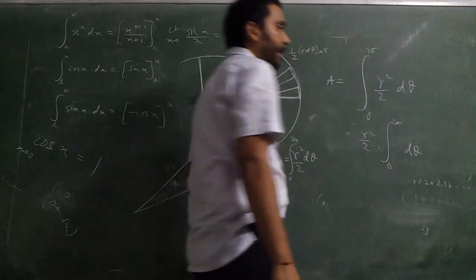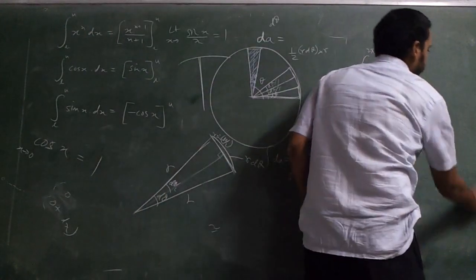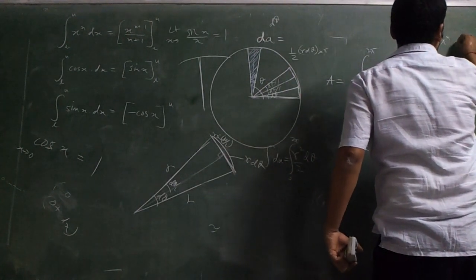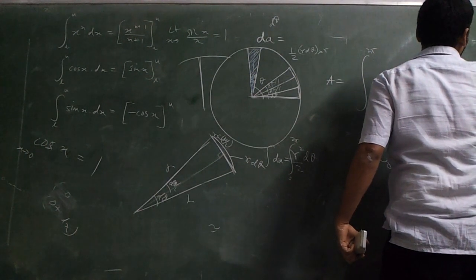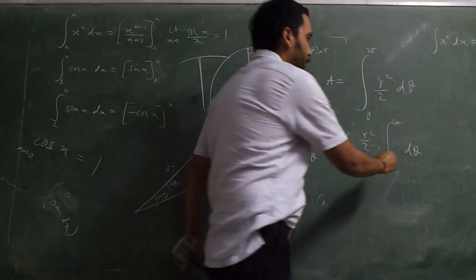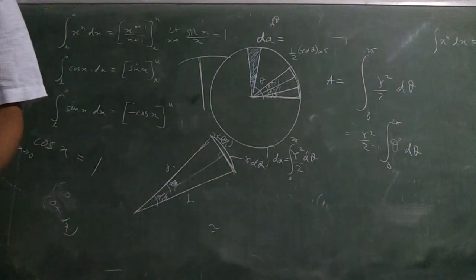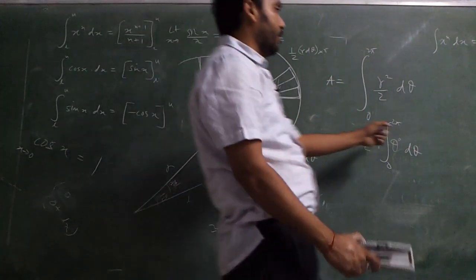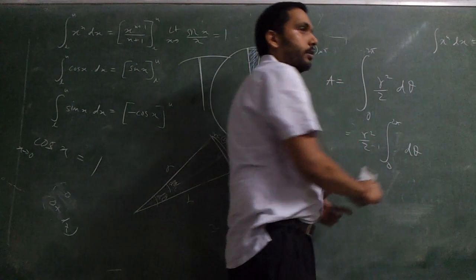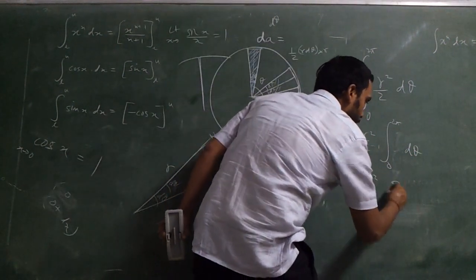d theta integration will be what? Apply the rule. Apply the rule of x power n dx integration is x power n plus 1 upon n plus 1. So what is theta power over here? Theta power 0 or not? It's theta power 0 or not? Okay. So it is theta power 0 plus 1 upon 0 plus 1. So what do you get? You get r square by 2 theta only.